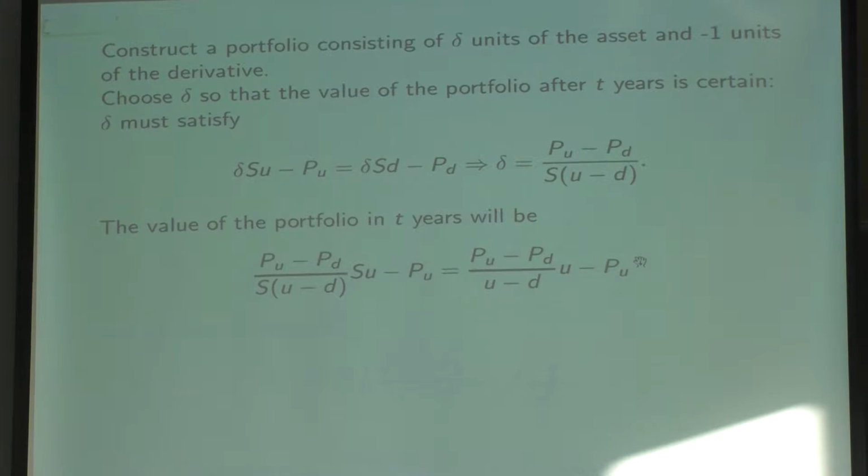or if there is a wonderful bonanza and the price goes up, no matter what, your portfolio is going to be worth that expression in T years. And again, I appeal to the homework question that you may have looked at, which says that if you know you have an asset which is going to be worth this much in T years, then the price now must be the present value of this amount paid in T years. In other words, it must be worth e to the minus the T-year interest rate times T, times the nominal value in T years. Okay, is this making sense? Do we have any questions about this?